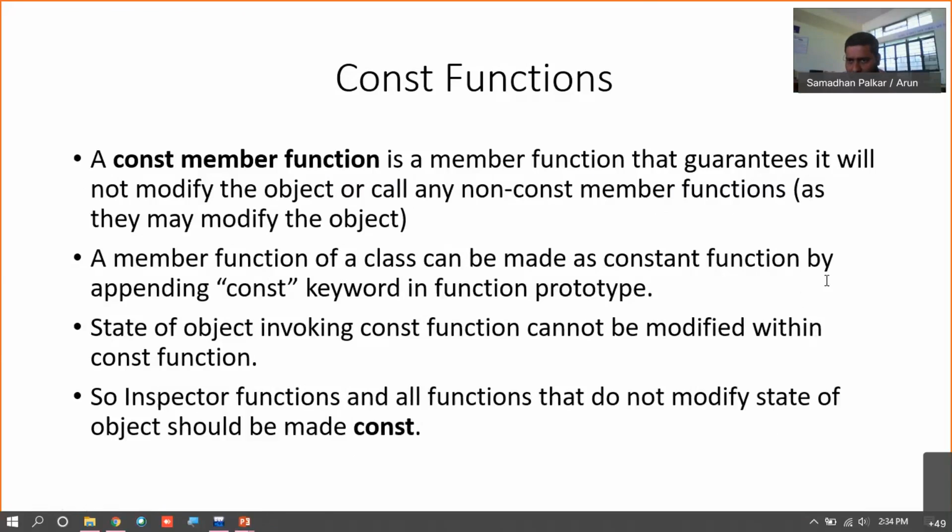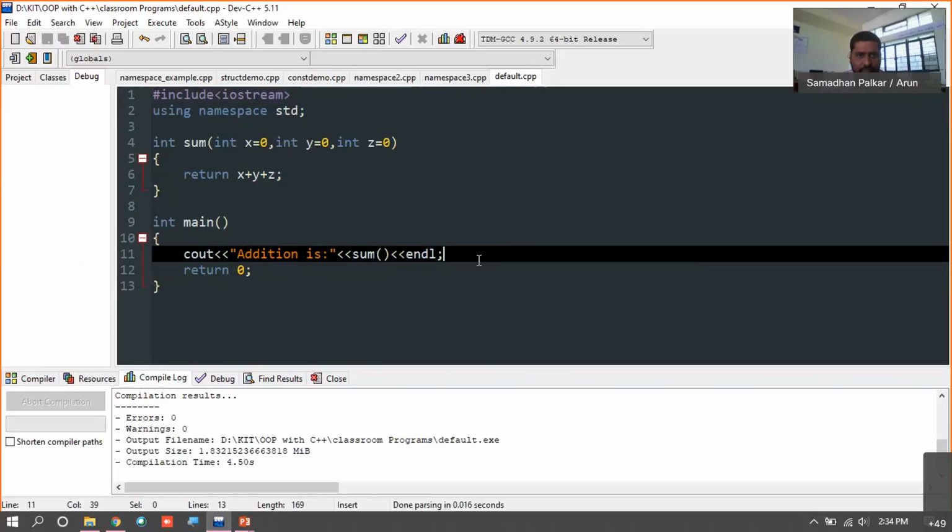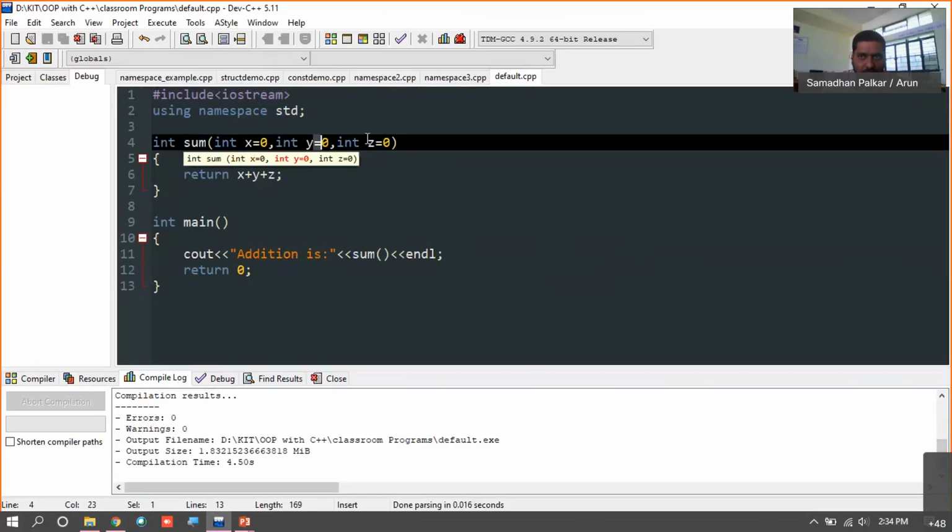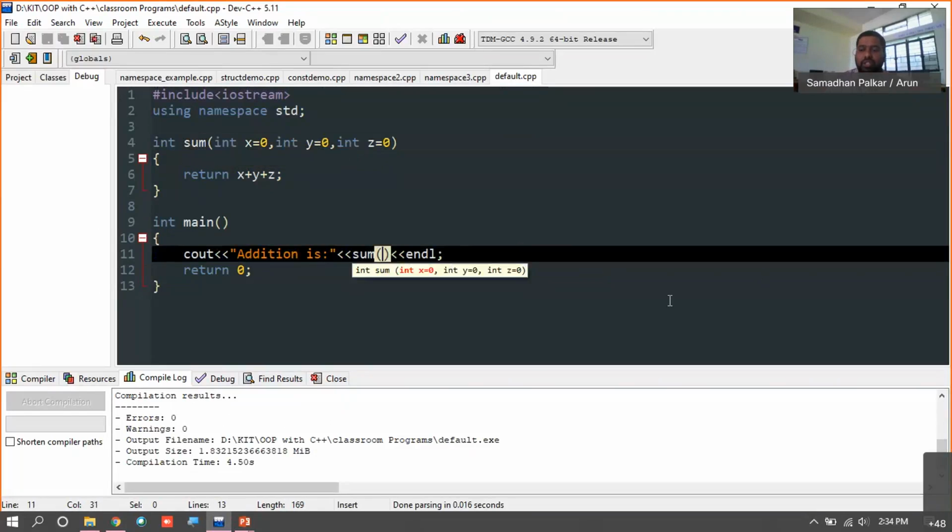If xyz is provided as 0, there will be no use of the lower 10. No, I'm not using it here. One more thing. Roll number 16, Shreya, I got your query. Even if by default arguments are provided, you also can pass values, right? 4, 5, and 8, right?